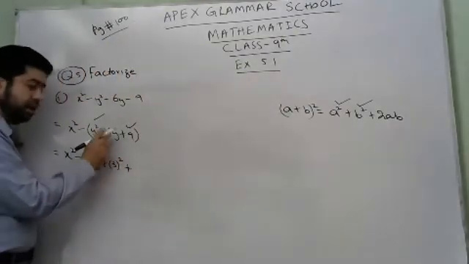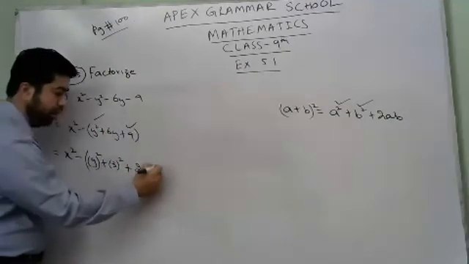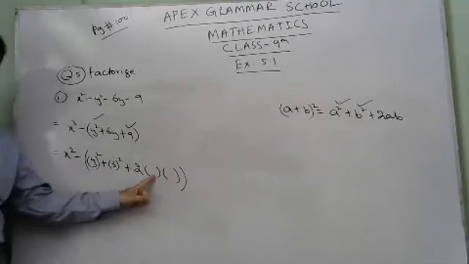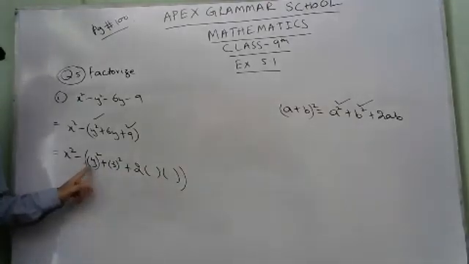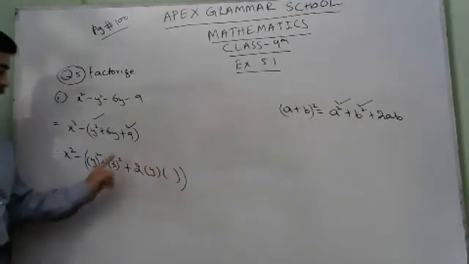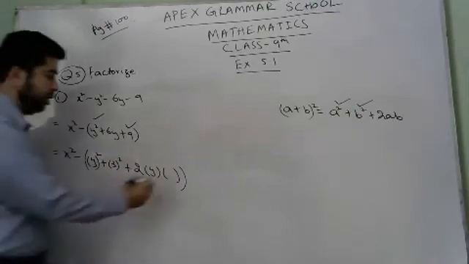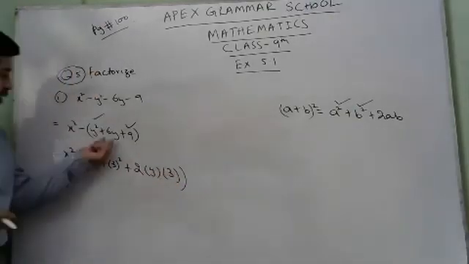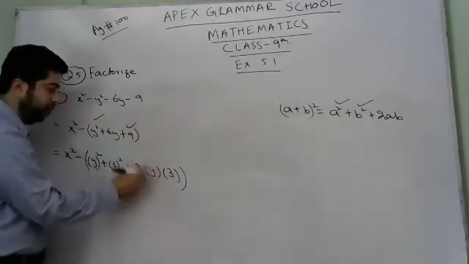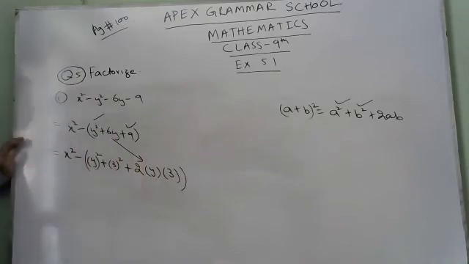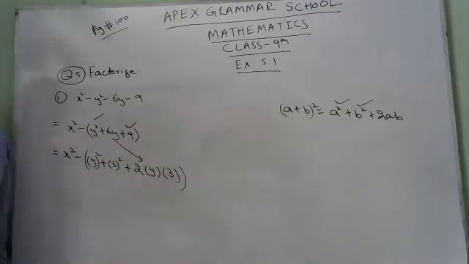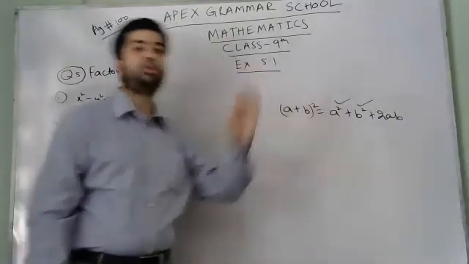I'm going to write instead of 6y, 2a and b. What will be the value of a? The value of a is y, beneath this square. And what will be the value of b beneath this square? That is 3. Now verify whether this 6y comes out or not. 2 3s are 6, and y. So this is verified: this is a square plus b square plus 2ab form. Meaning to say that this is a plus b whole square type.